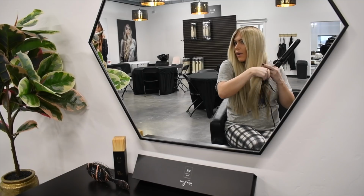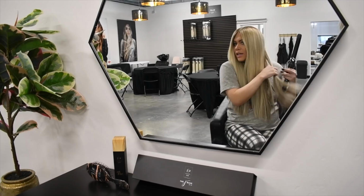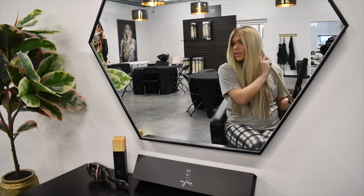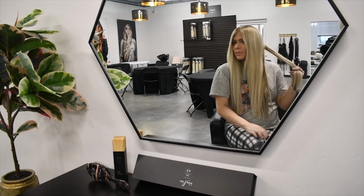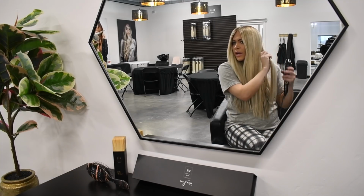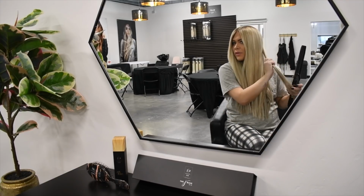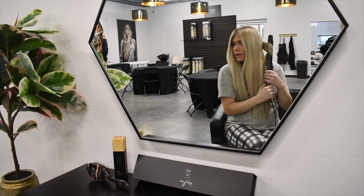The key to how I curl my hair is I take smaller sections. Especially with extensions, you want to make sure you're not taking too much hair, because if it's too thick, it's not going to curl the right way. So a piece about that big is good. And I like to smooth the iron over my hair once just to kind of heat it up and smooth it out. And then I open the barrel and I start towards the top,